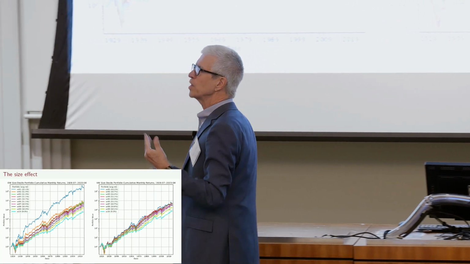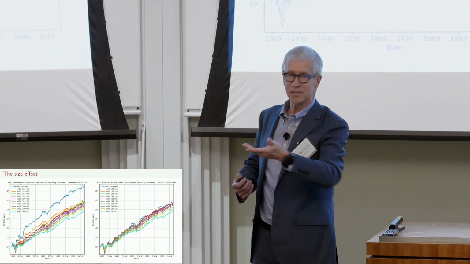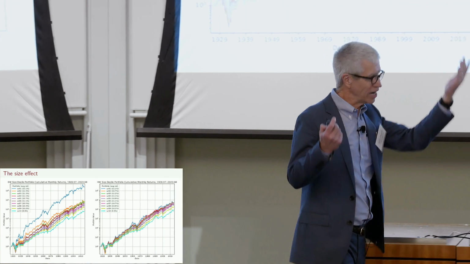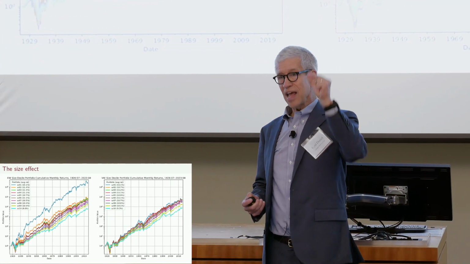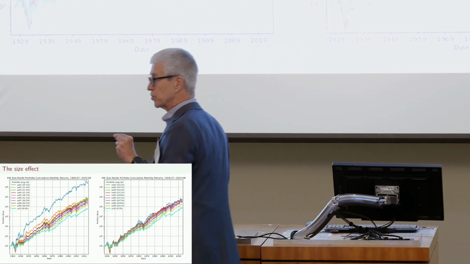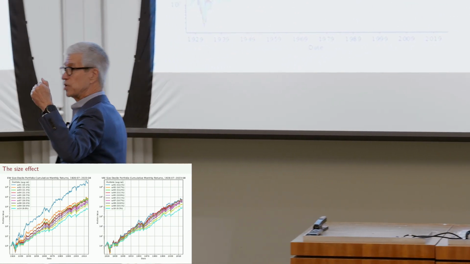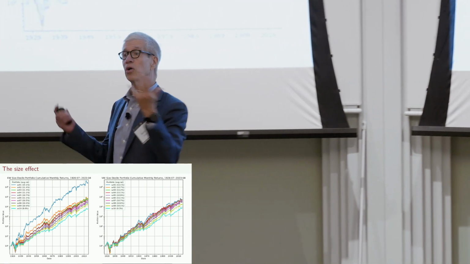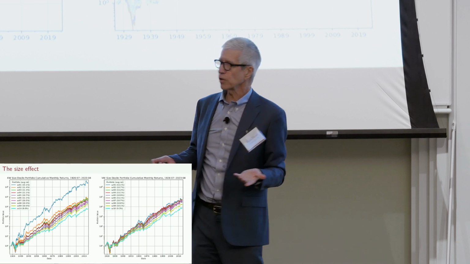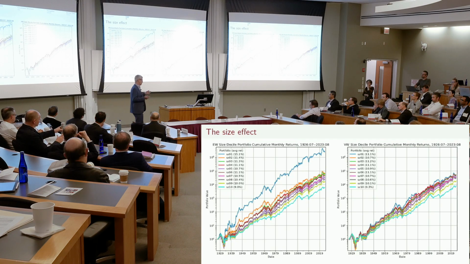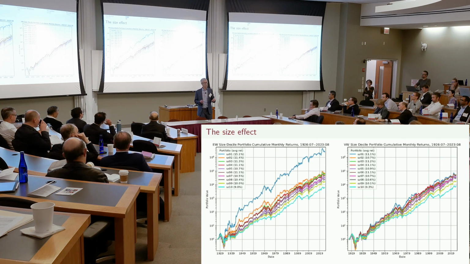Okay? One of the things that we know about, in fact, this goes back a little bit to Antoinette's question a minute ago. Turns out, especially in the early days, there was a lot of negative serial correlation at the monthly return level. Securities would go down a bit, and then they'd bounce back the next day. Part of this was bid-ask bounce. Part of it was just limited liquidity for these securities. So what that meant is, well, if you were running an equal weighted portfolio and the price went down, of course, what you're going to have to do is you're going to have to buy. If the price went up, you'd have to sell to maintain the equal weights.